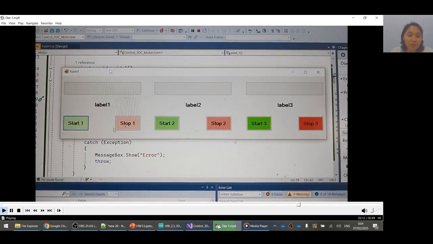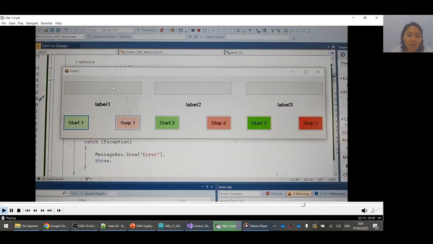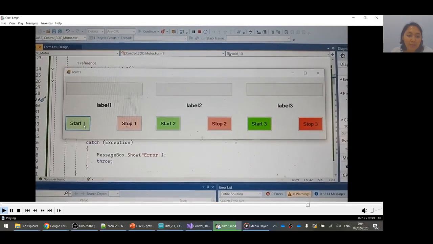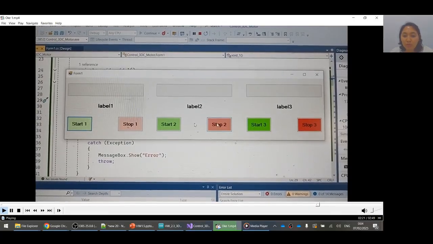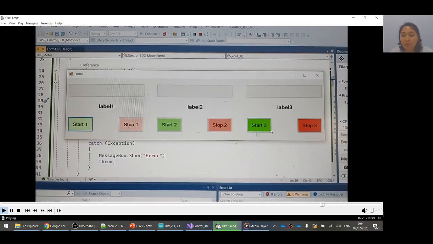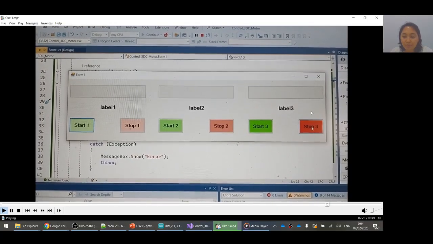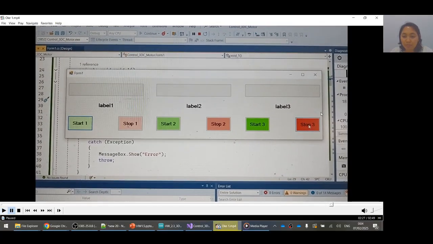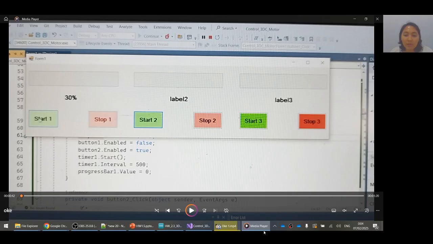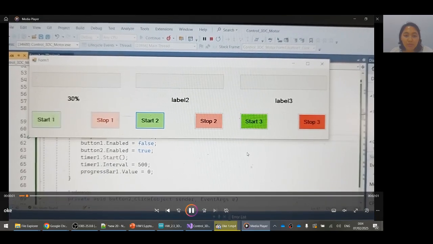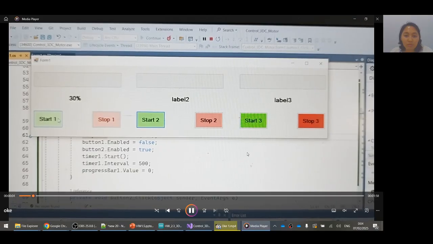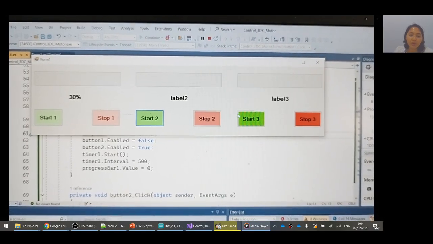This is for the DC motor 1, progress bar, level 1, start and stop 1. This is for the DC motor 2, this is for DC motor 3. Then this is the working of the hardware.